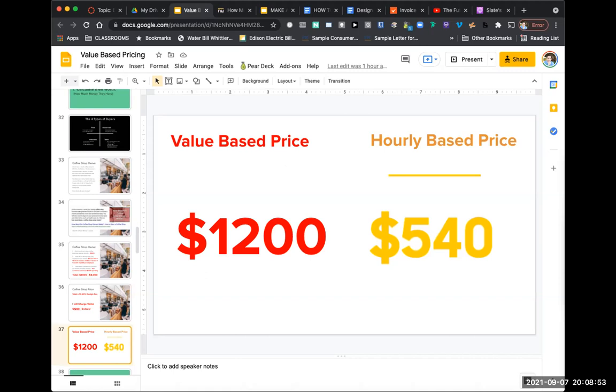So can you imagine? That's like a 50% markup right there, right? That is night and day numbers, right? And when you're young, $1,200 is a lot of money, right? That's a lot of money. And so wouldn't it be great if you started off making anywhere upwards of $1,000 for a project